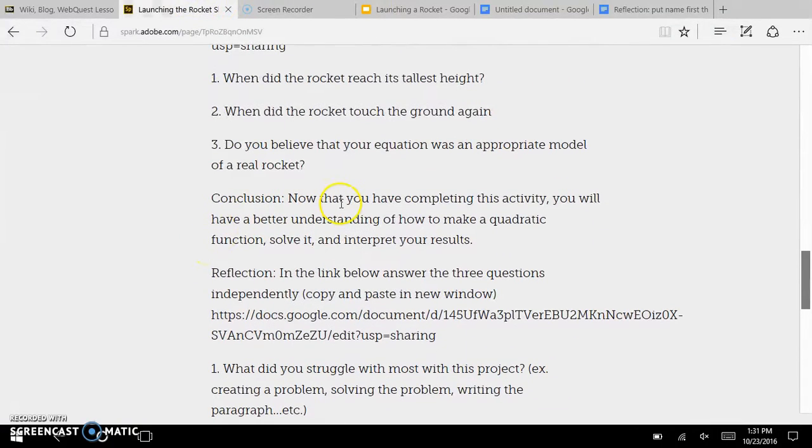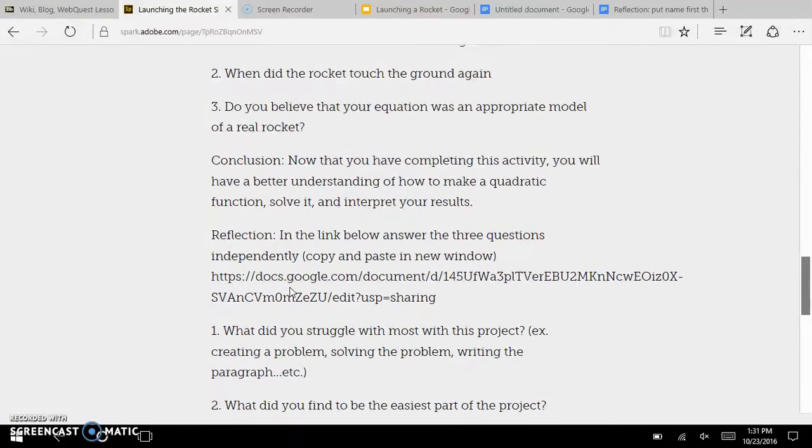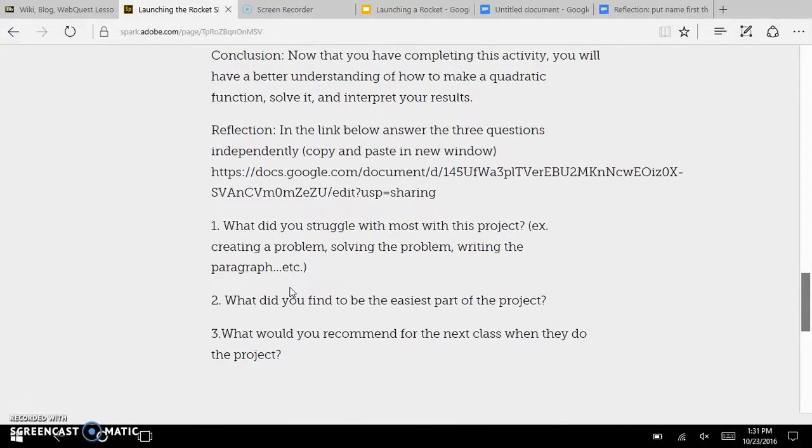All right, and the conclusion for this is now that they have basically completed the activity, they should have a better understanding of how to make a quadratic function, solve it, and interpret the results. And for the reflection for me, I'm going to have them go into another shared document, and they are going